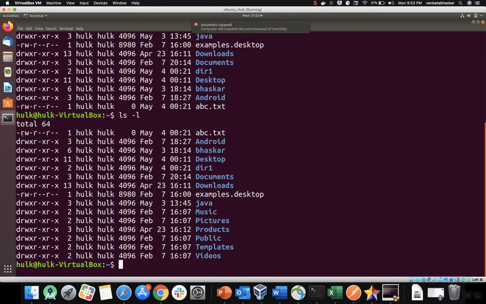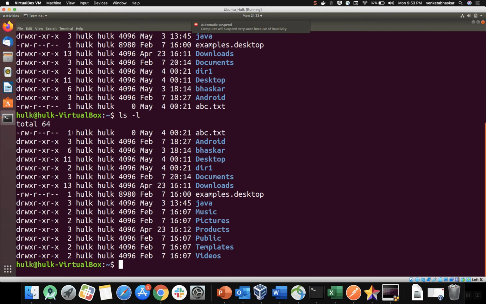All these things we can call permissions. r indicates read permission, w indicates write permission. Here hyphen indicates that execute permission is not available. If execute permission is available, you see x here, and in the next file x is there. This is the permission group.